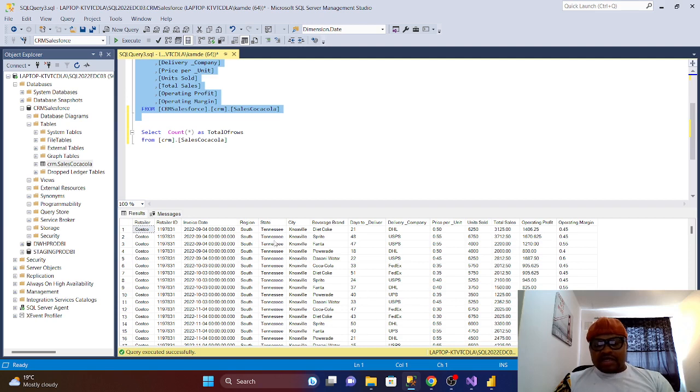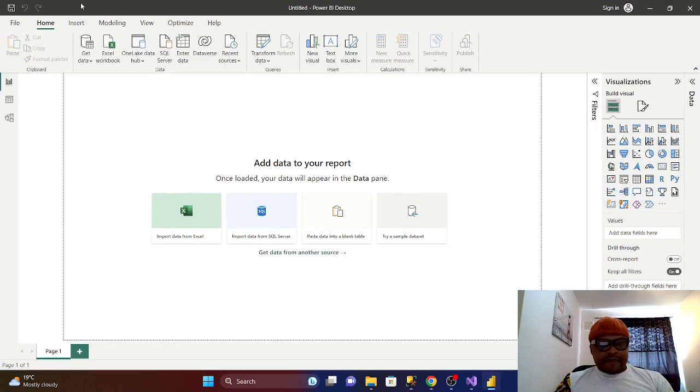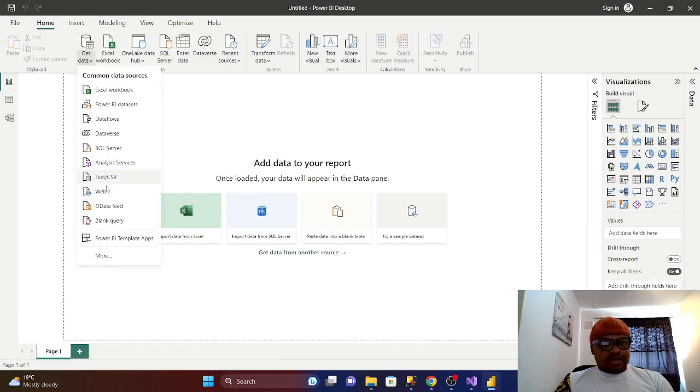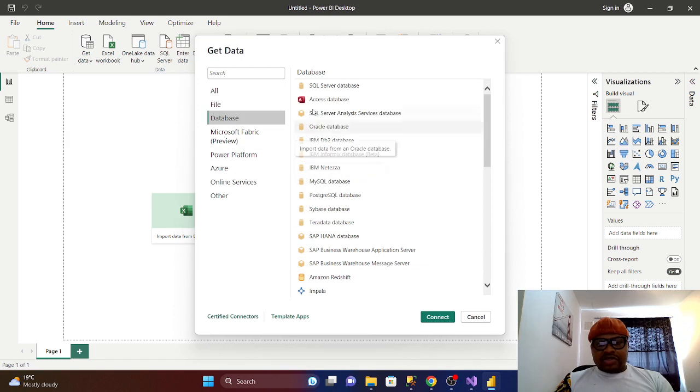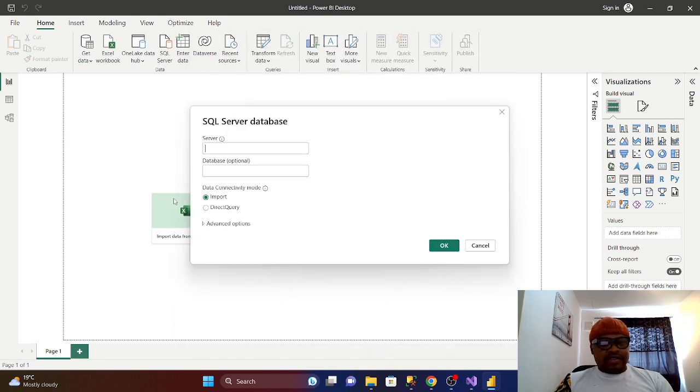But in this case, I don't want to normalize the data. I just want to create a report dashboard. So now what I'm going to do, I'm going to connect to my SQL server. I can go to the database, choose the SQL server here, and click connect,